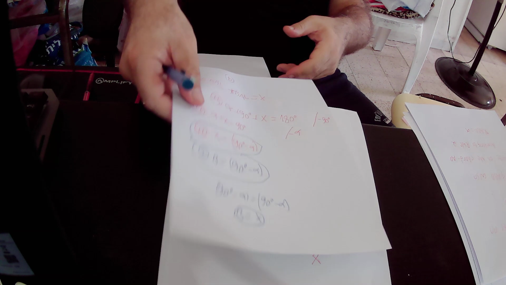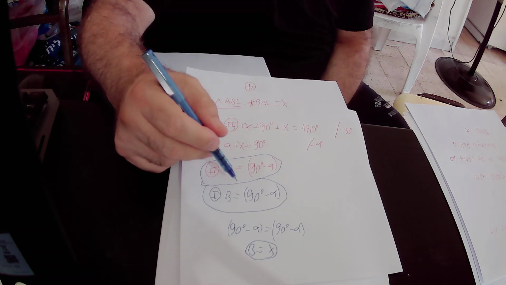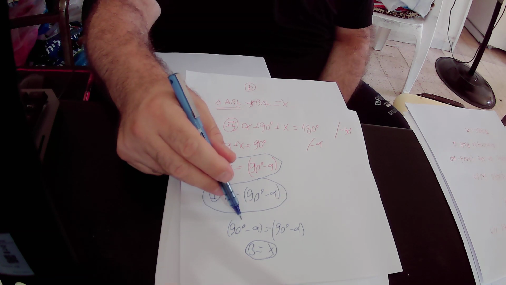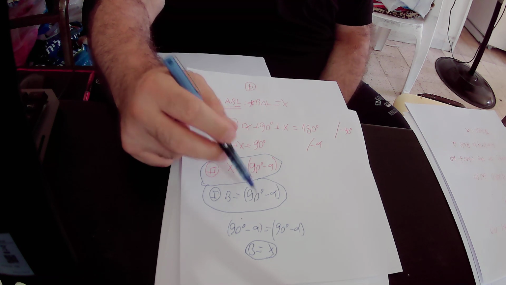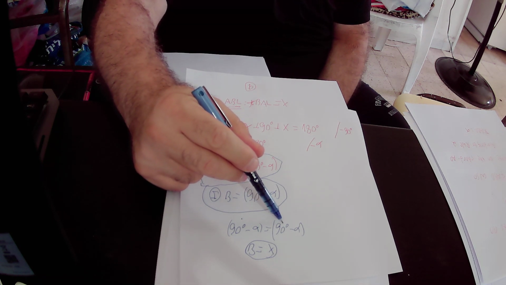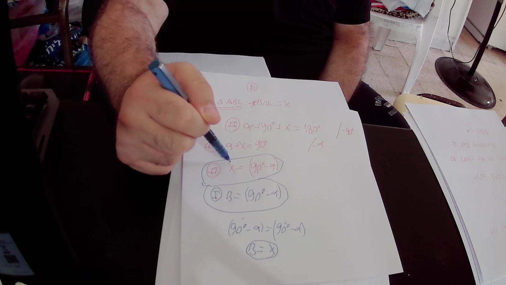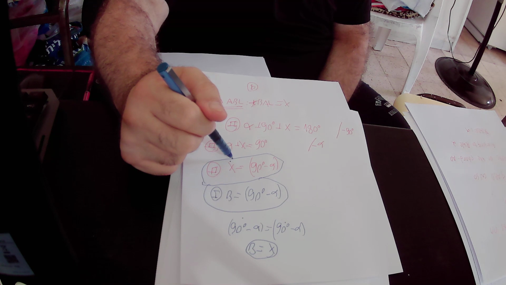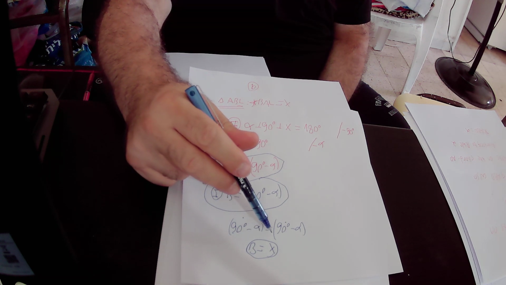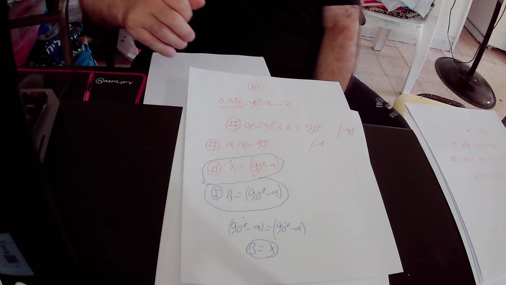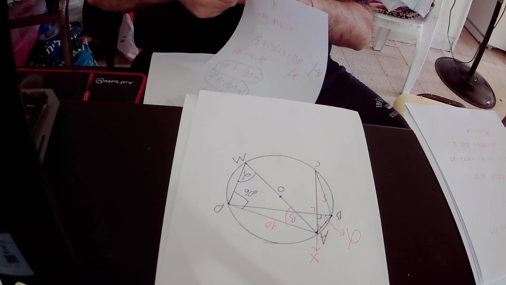Okay, we substituted 90 degrees minus alpha by beta on this side of the equation, because beta equals 90 degrees minus alpha, and we substituted 90 degrees minus alpha on this side of the equation by x, because 90 degrees minus alpha equals x, and we got that angle beta equals angle x. Okay, so actually